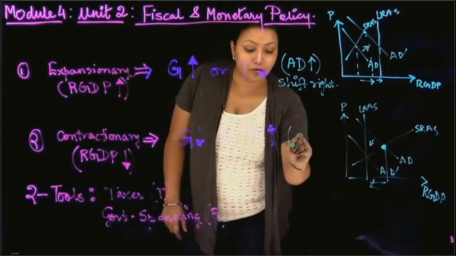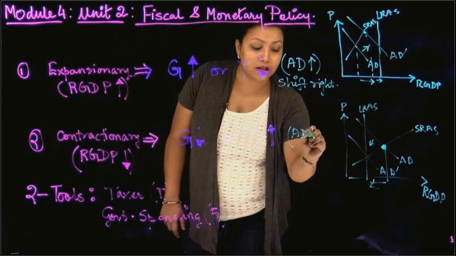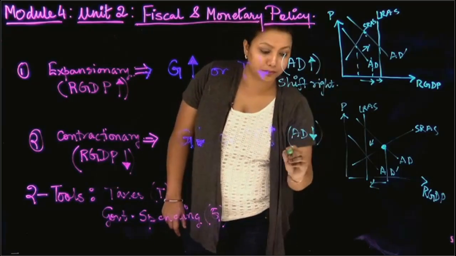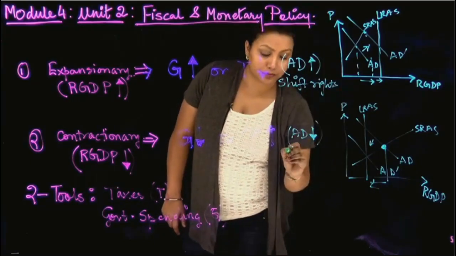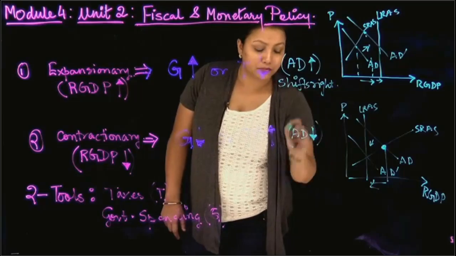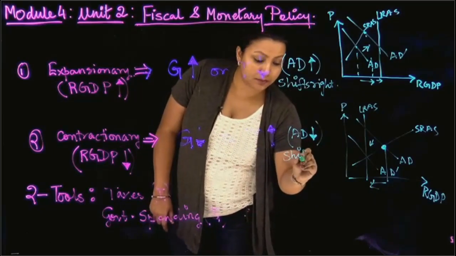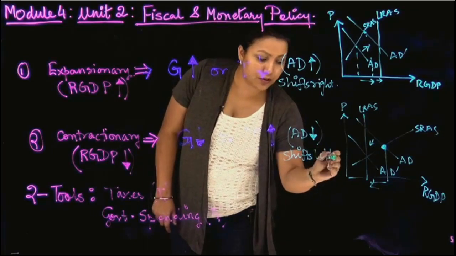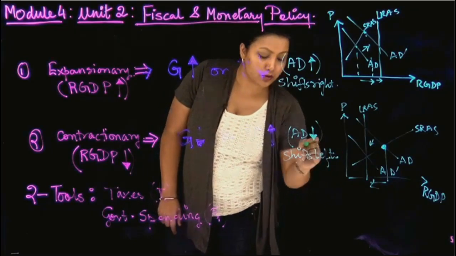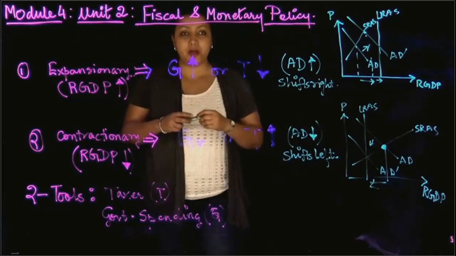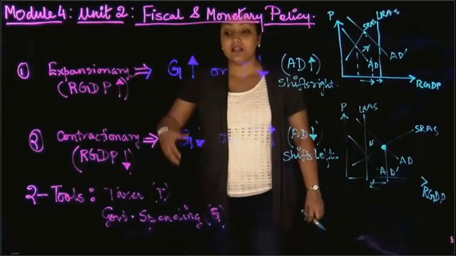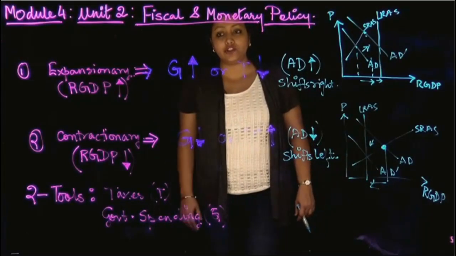So in case of the contractionary fiscal policy, the aggregate demand goes down, and so the aggregate demand curve shifts towards the left. Okay, so that is how it plays out in the ADAS model,